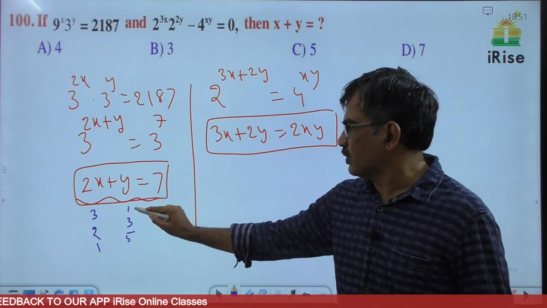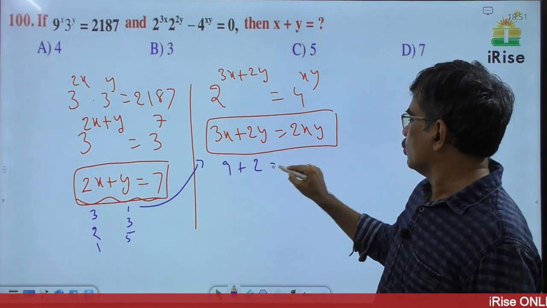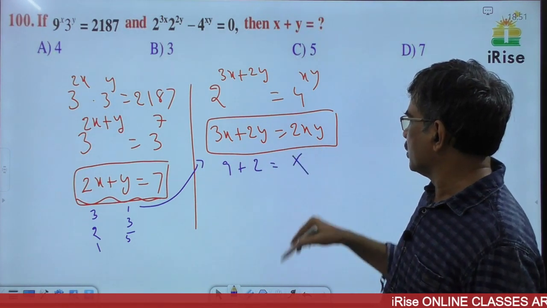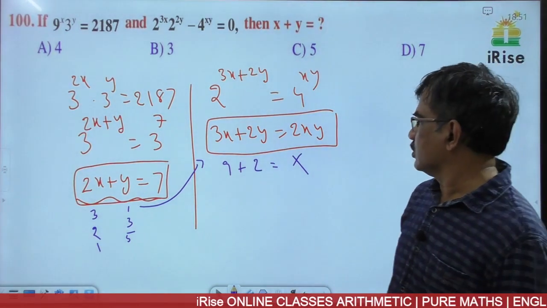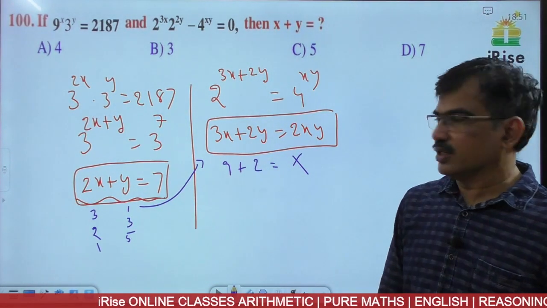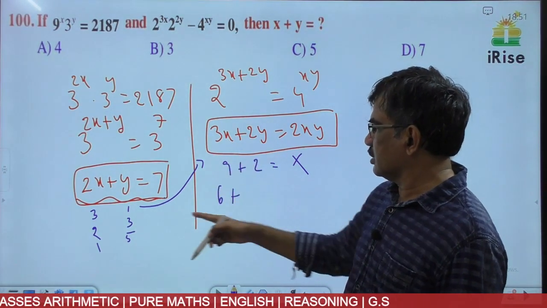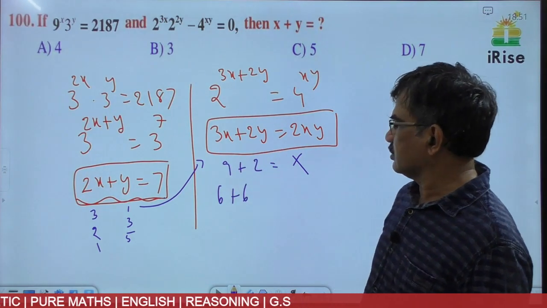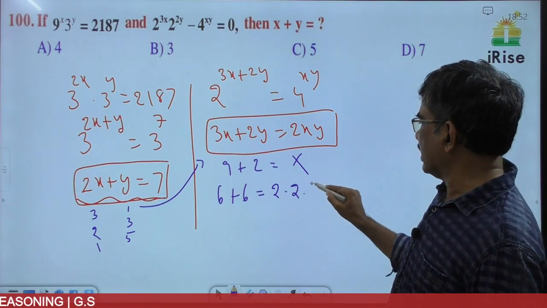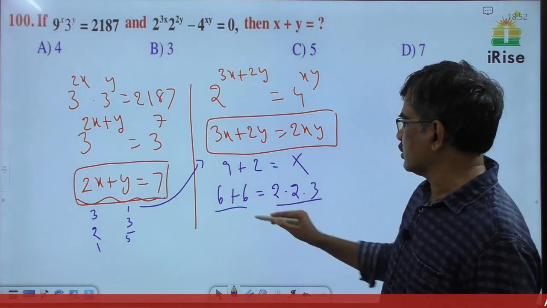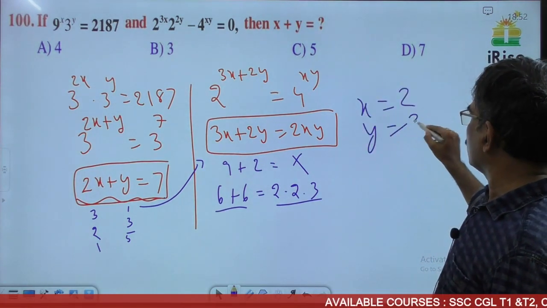Okay, if you put the first one in this, then what do we get? 3 3s are 9 plus 2 is equal to 2xy, which is impossible, because this is a product of xy with a 2. It is an even number. So this is not possible. The second one, 2 comma 3. If x is 2, this is 6. y is 3, 3 2s are 6. If you put here 2 into x is 2, y is 3, this is 12, 12 satisfied. So the answer for this is x is equal to 2, y is equal to 3.